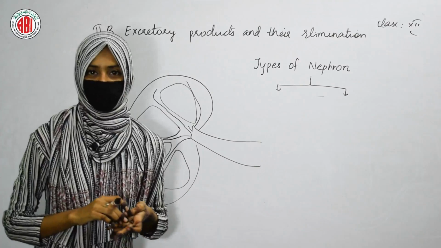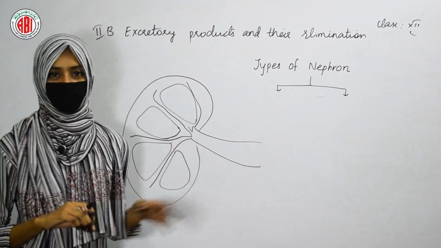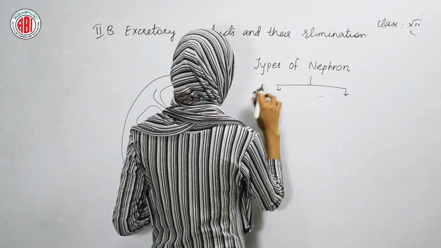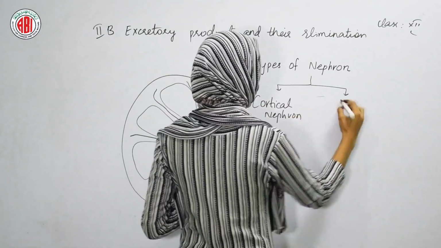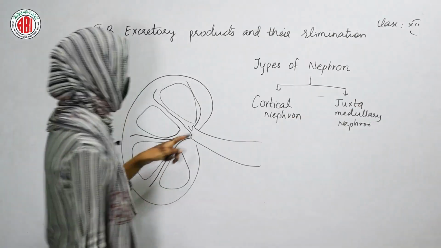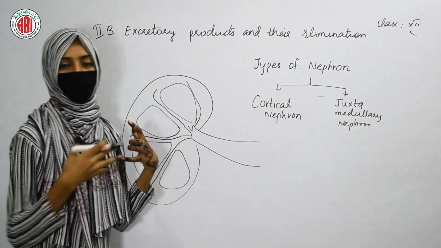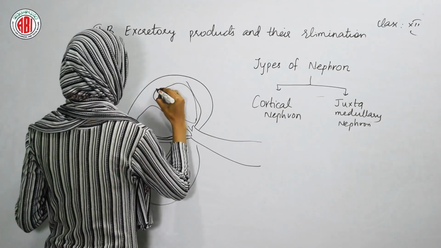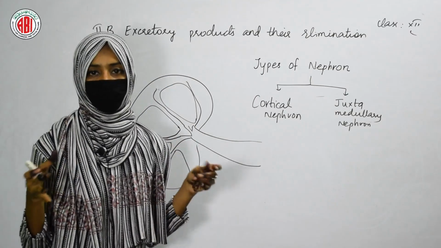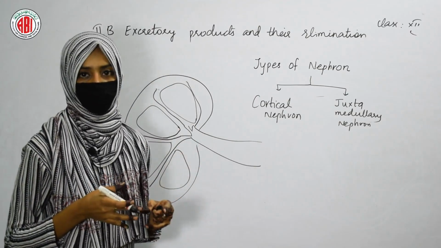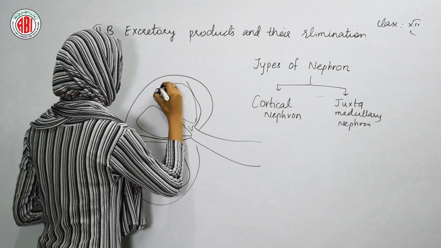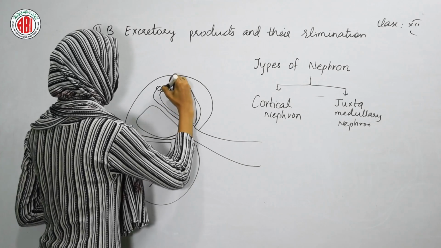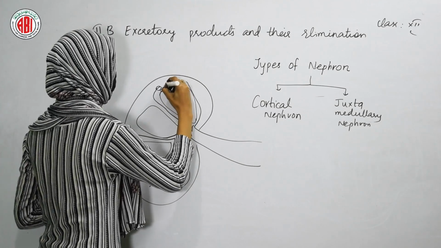Now based on the position of a nephron, we can classify the nephrons into two main types. One is the cortical nephron and the other one is the juxtamedullary nephron. Now I told you that the renal artery is further branched into so many arteries, and one such artery is the efferent arteriole that further extends, and the different arteries join together to form a glomerular structure. In this way, the Bowman's capsule is present, and here the proximal convoluted tubule will be found. This one is our loop of Henle, and here the distal convoluted tubule.